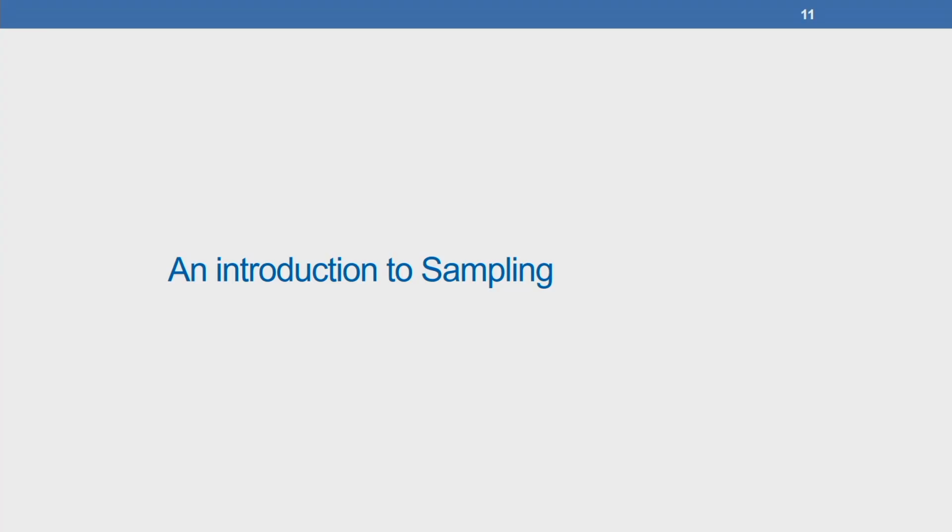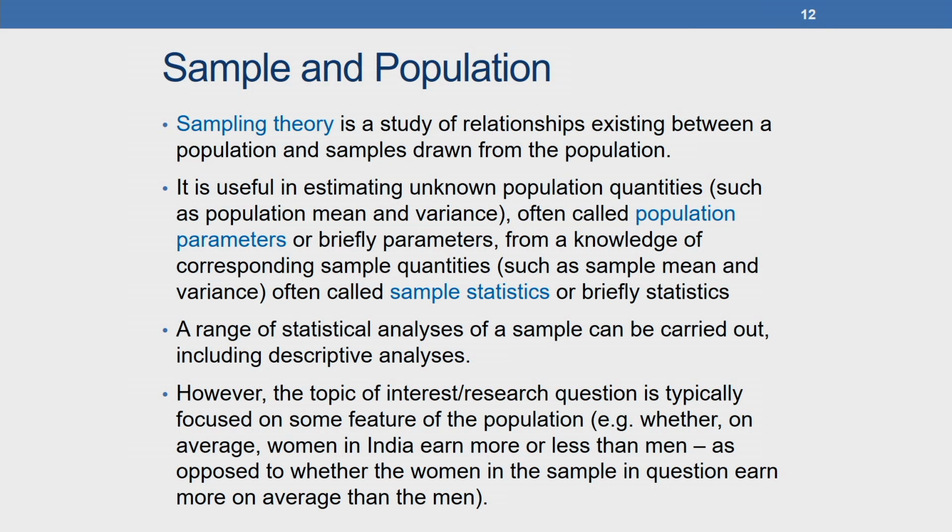So, before we introduce some of the very common forms of sampling that are carried out in development research, let us also get clarified certain terminologies with regard to sampling procedures. First is the difference between a sample and a population. So, usually when we say that we are choosing a sample that is representative of a population, what is it that we mean? Because the concepts sample and population are used in a certain manner when we are looking at sampling techniques. So, before that, what is sampling theory? Sampling theory is basically a study of relationships between a population and samples drawn from a population.